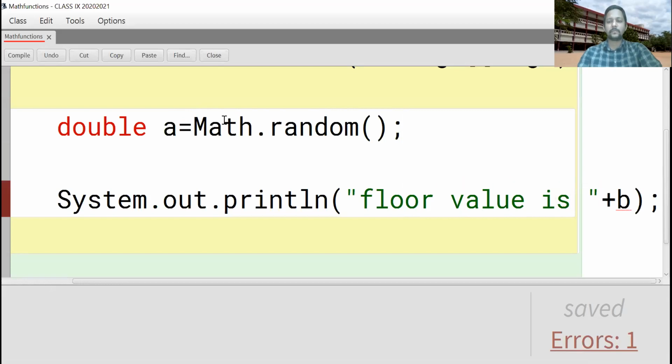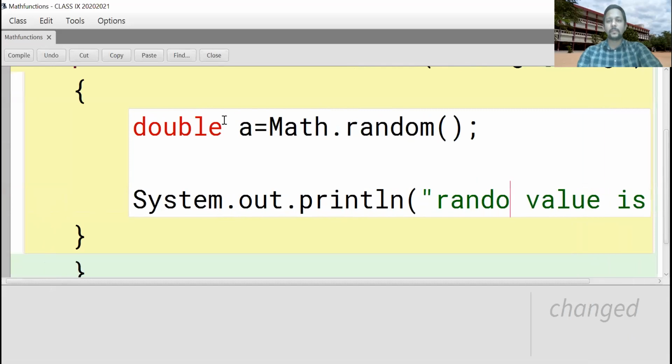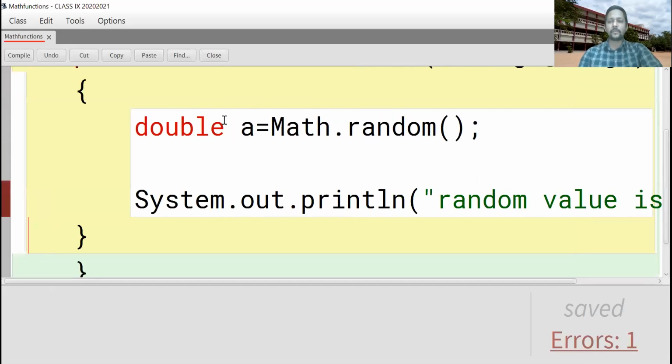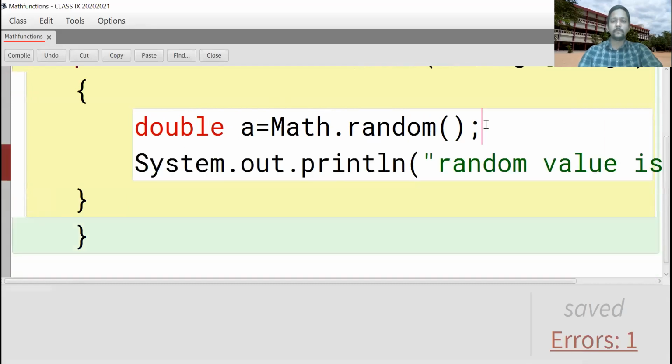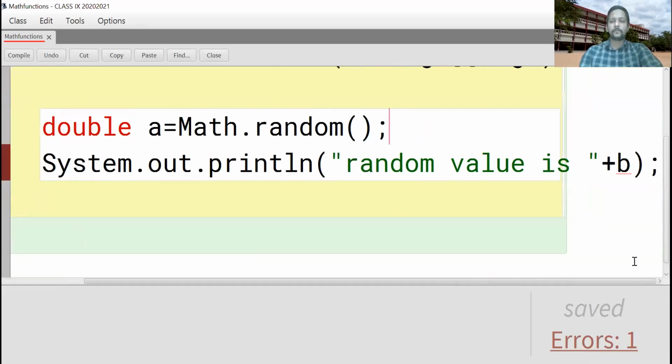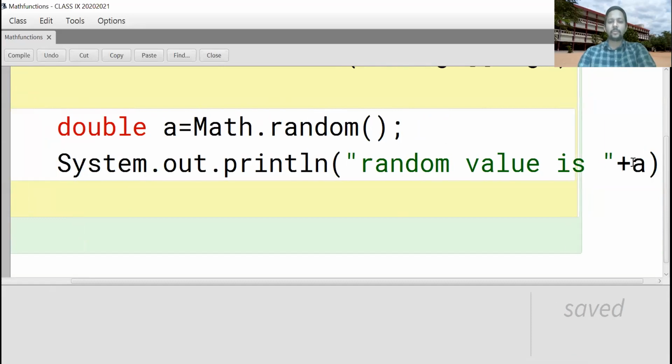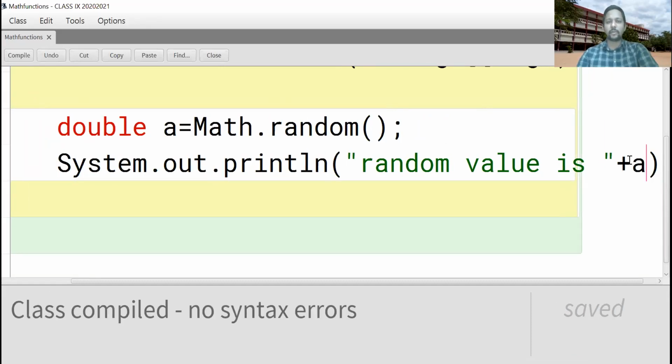System.out.println, "Random value is" plus A. It prints in between 0 to 1. Whenever you execute, the value varies. Now execute.